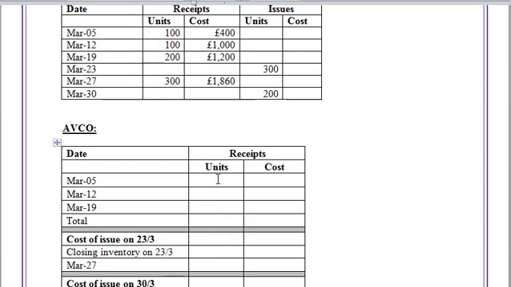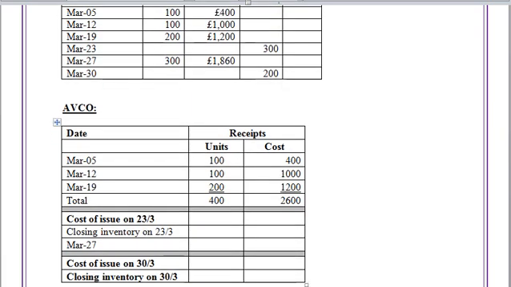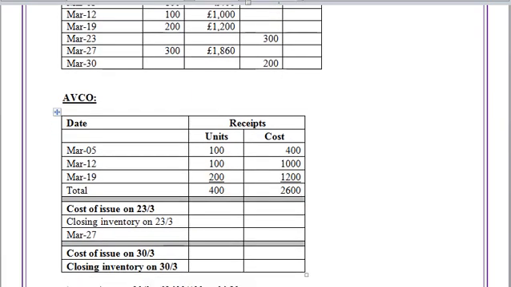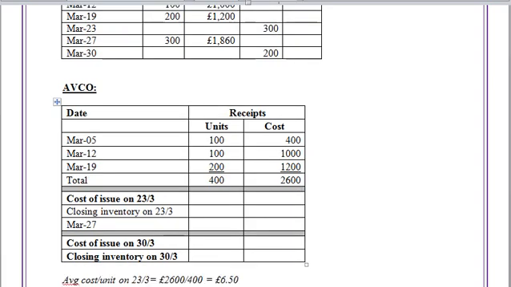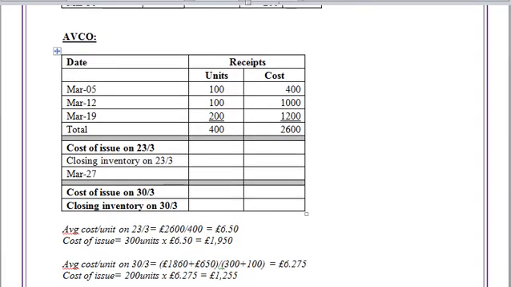So I want to throw it into my table, literally picking up all the items that we have, and it all adds up to 400 units. And how much did we buy them for? I'm throwing that in as well, and that all adds up to £2,600. You will then be expected to find the average cost, and that will be £2,600 divided by 400 units to give me an average cost per unit of £6.50